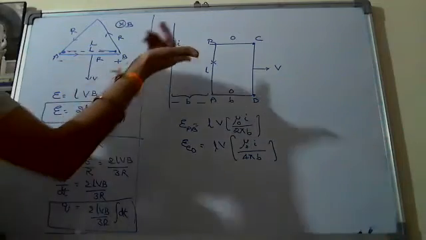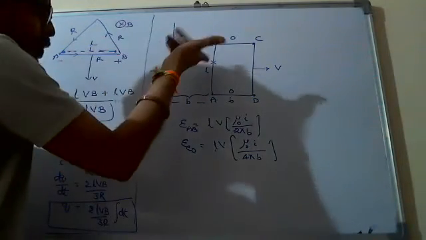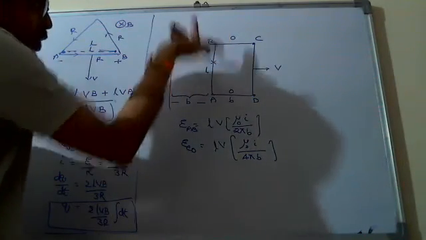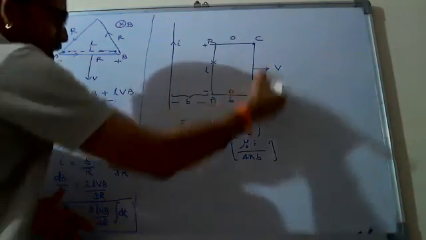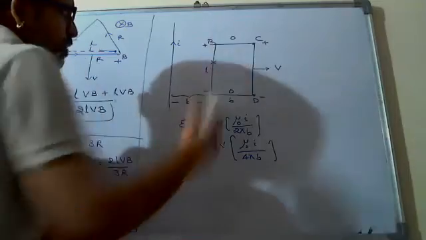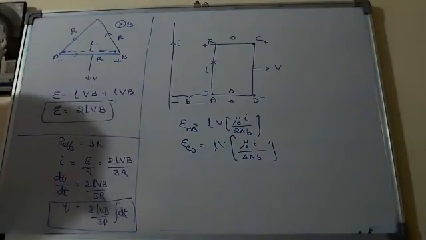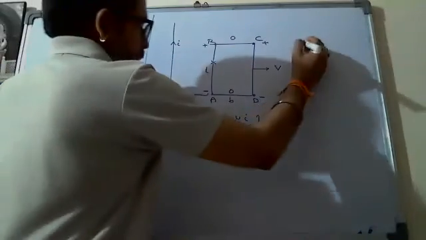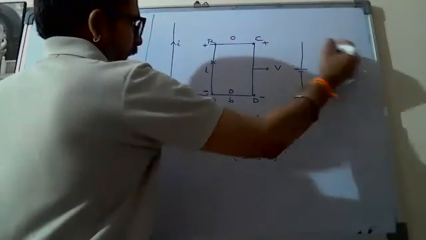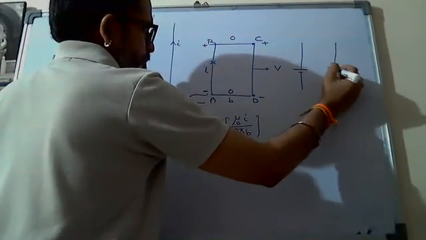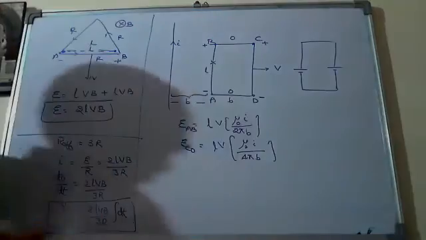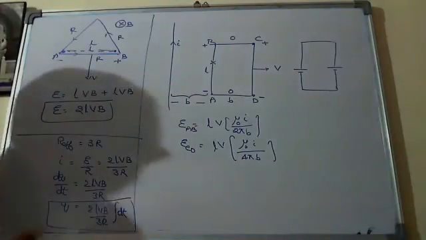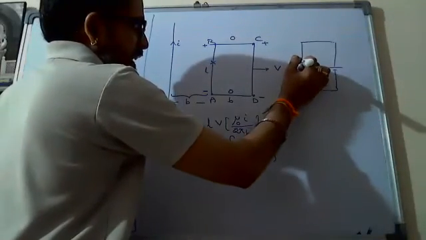According to your right hand rule, B into velocity in the direction, the induced current upwards means this should be negative and that should be positive. In the same way, you will get here negative, positive. Look at it, I think they are not aiding each other. The two cells here, AB cell and CD cell, they appear to be connected like this, connected in parallel, and here they are not aiding, Nana.